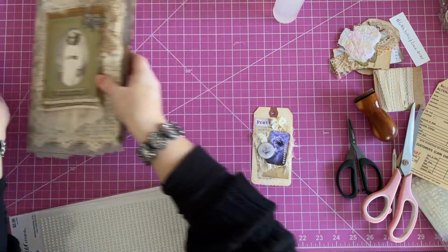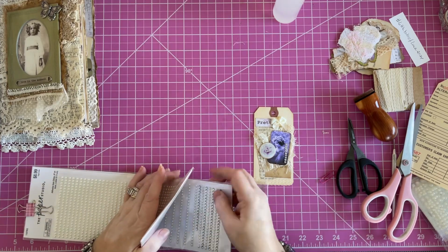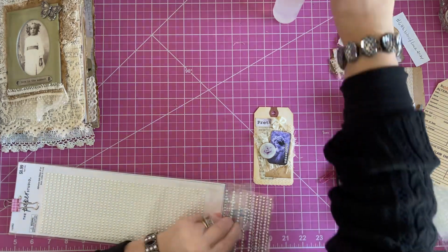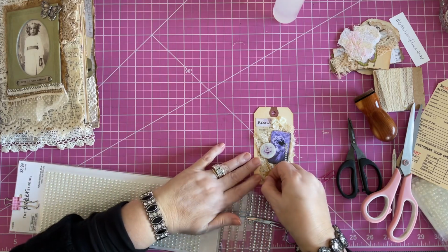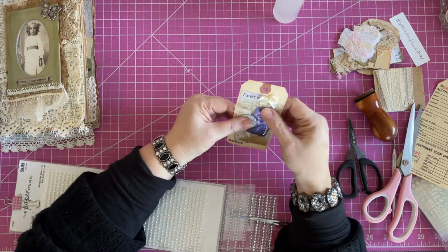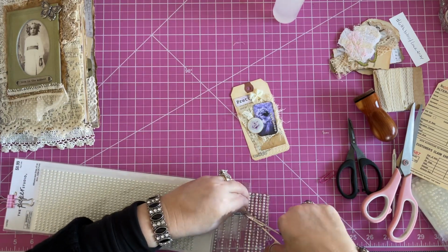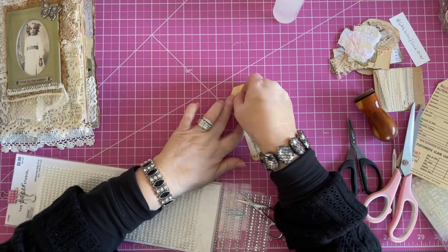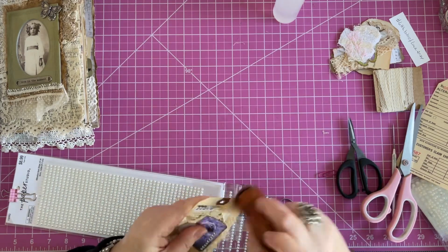Let me close this for a minute. I'm going to really bling this one up. Look at it change from a blank little card, which now I'll have to put back in my samples. I took it out of my samples at the top. I think I have a box of these that I bought like by the hundreds or something like that. Isn't that pretty? Now you have a nice little...